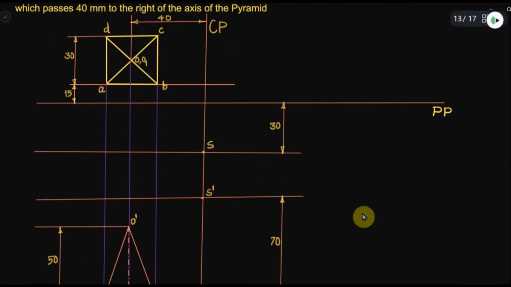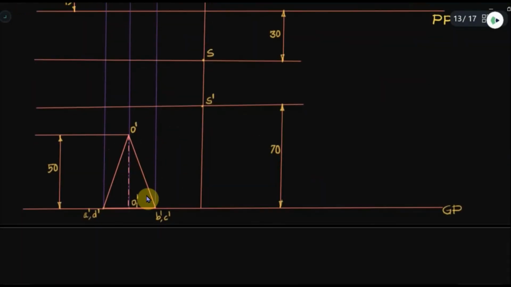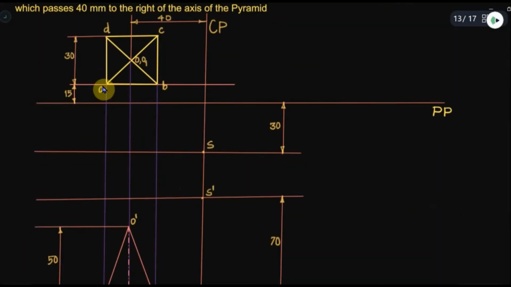What you need to do is connect all the corners in the top view to the top view of the station point, and all the corners in the front view of the solid to the front view of the station point. So that is the next objective. That process is very simple. You have to connect each of the points in the top view.